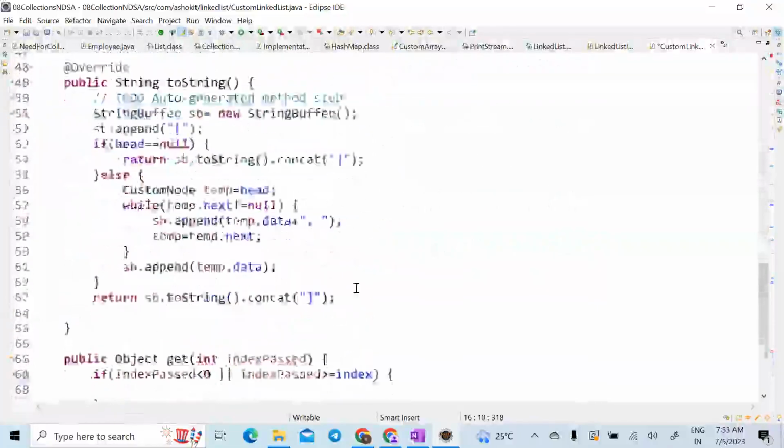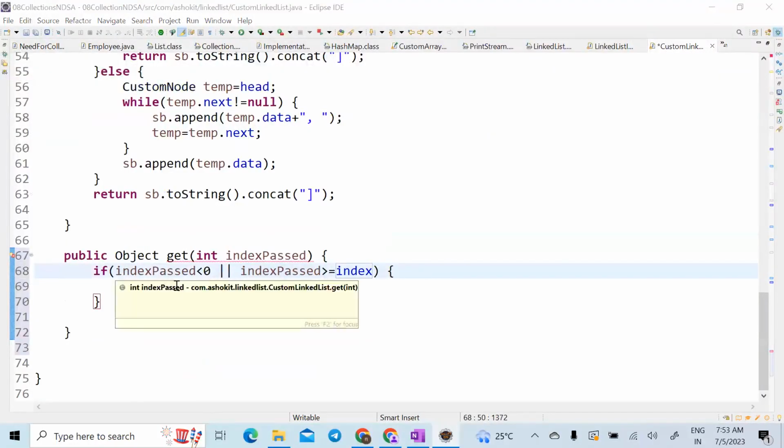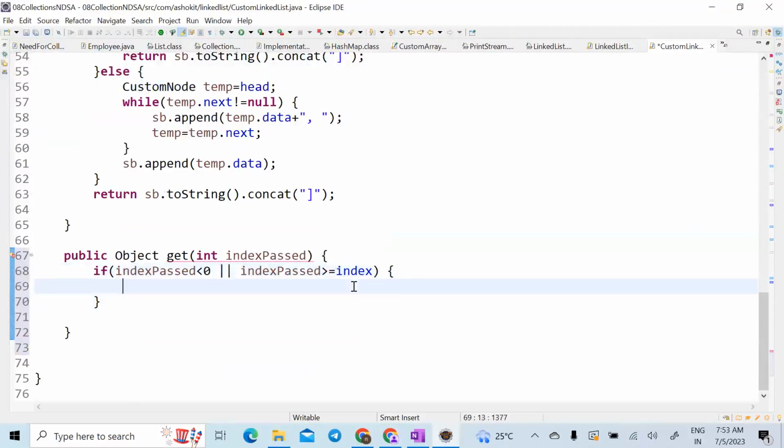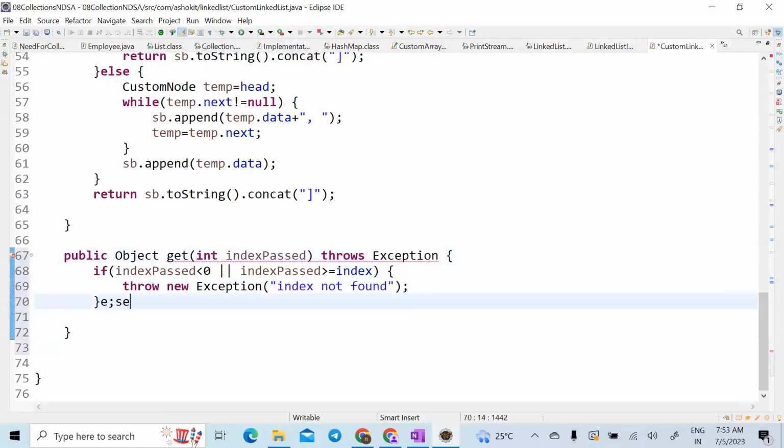Done. Now what I will do here, if the index passed is greater than or equal to the index or the index is less than 0, what should I do? If any of these conditions is true, I should throw an exception, correct? Throw new exception, element or index not found. Okay, done. Let me add the throws keyword. Done. Now if it is an else,